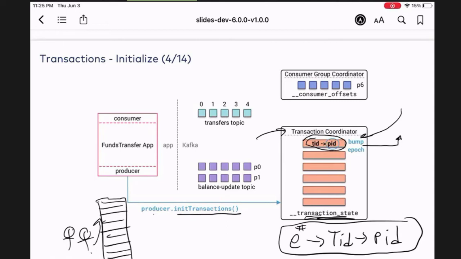Now, how do you fence them off, right? So this epoch that is given, that's a unique number. You could think of it as metadata for every transactional ID. Once the epoch is increased, let's say this epoch is set to 2, then any producer that comes in with the same transactional ID and an older number, let's say someone comes in with a transactional ID and an epoch of 1, the previous producer is going to say, sorry, you're not allowed. You get fenced off because you're old. You have a lower epoch, right?